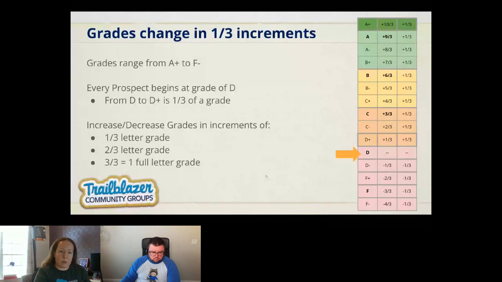But in general, grades range from an A+ to an F-. And again, this is US letter grade. So A, B, C, D, F are your general grade categories. Every prospect begins at a grade of a D, which is, if you're in the US and you went to